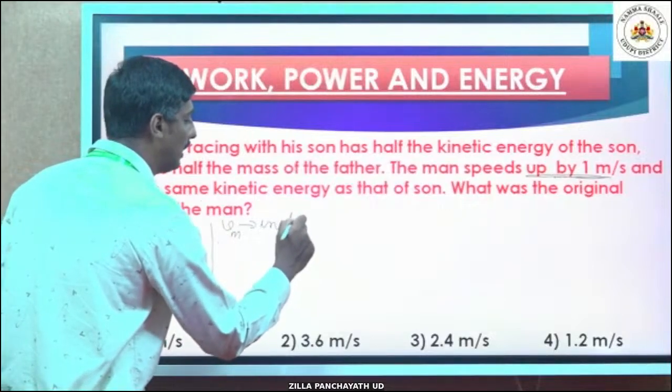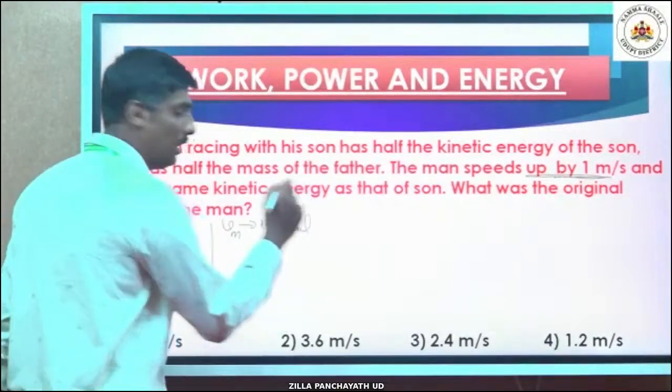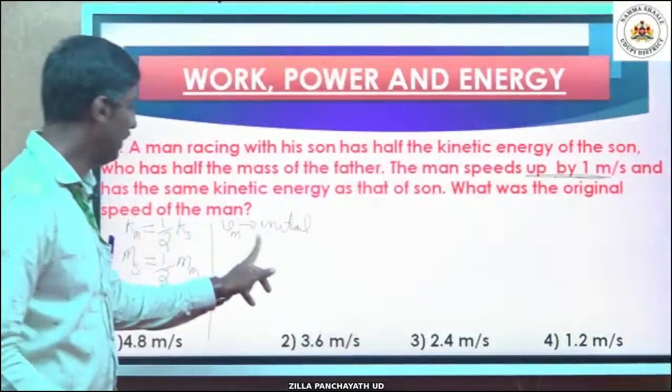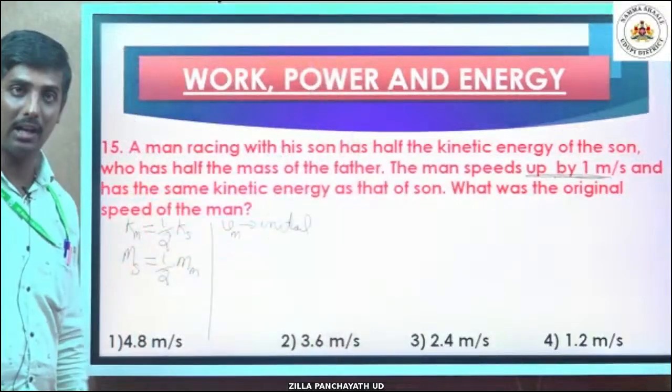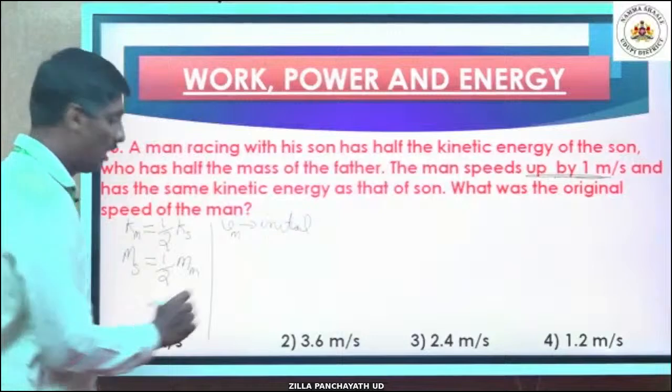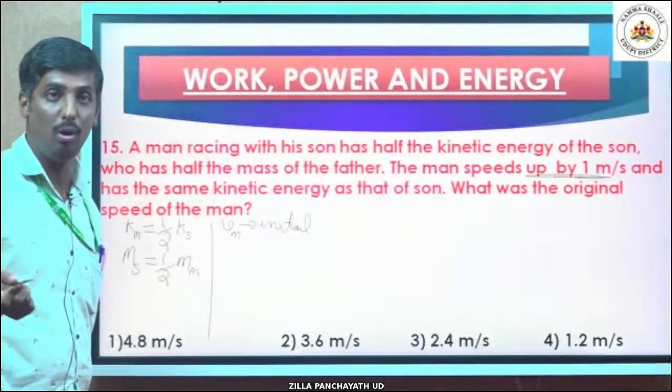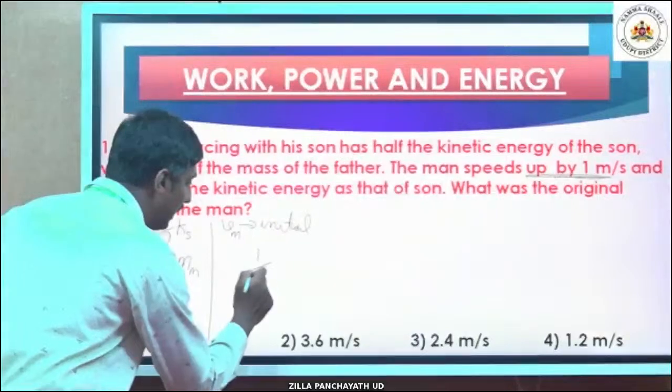ಯಾಕೆ ನಮಗೆ ಗೊತ್ತಿಲ್ಲ ಅಲ್ವಾ? Initial speed of the man ಅಂತು, ಸರಿಯಾ? I don't write everything, please write. Vm is the initial speed of the man. ಹಾಗಾದ್ರೆ ಯಾವಾಗ ಅವನ ಸ್ಪೀಡ್ 1 ಮೀಟರ್ per second ಜಾಸ್ತಿ ಆಗ್ತಾ ಹೋಗುತ್ತೋ, ಆಗ kinetic energy of the man, sorry,